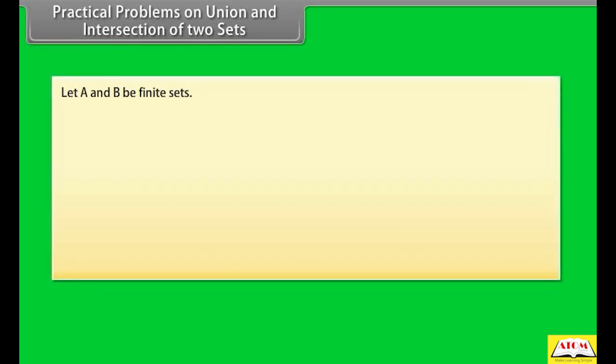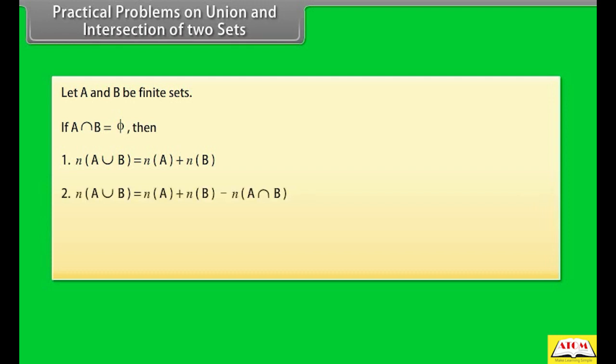Practical problems on union and intersection of two sets. Let A and B be finite sets. If A intersection B is equal to phi, then n(A union B) equals n(A) plus n(B). In general, n(A union B) equals n(A) plus n(B) minus n(A intersection B). If A, B and C are finite sets, then